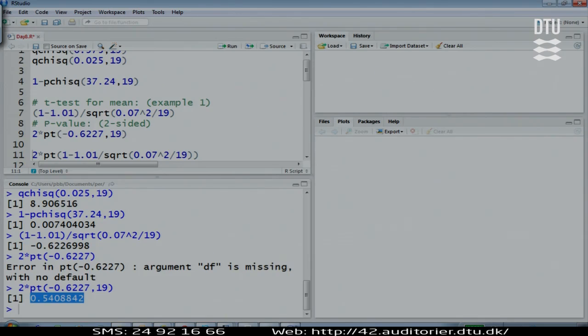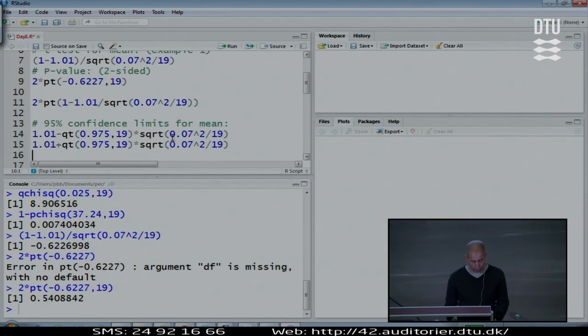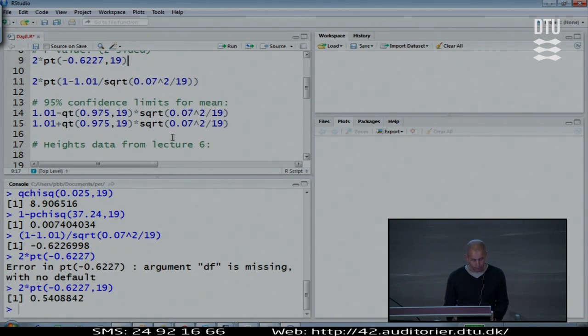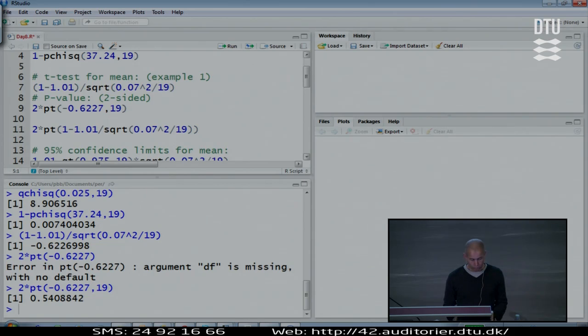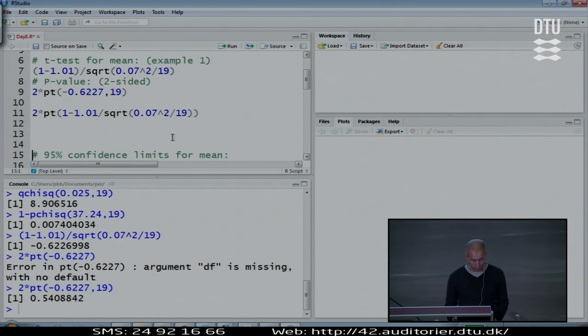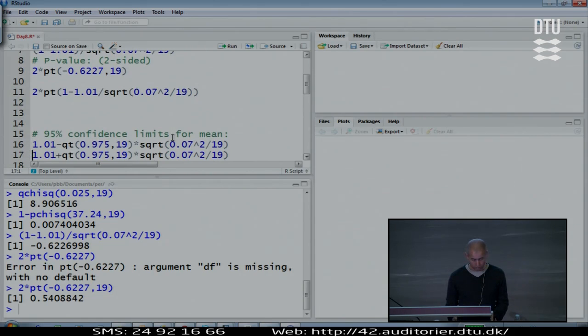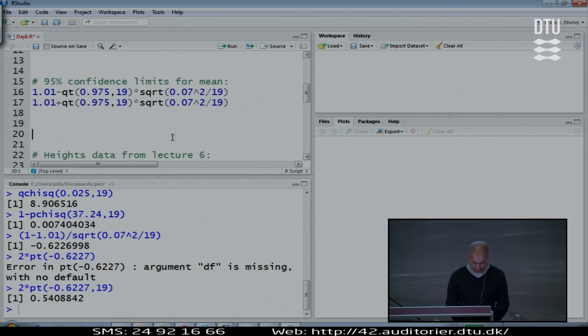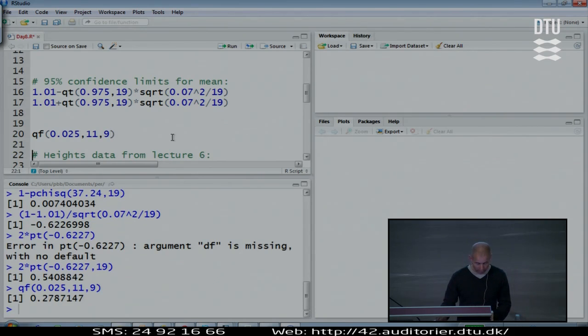Let me just finish off by jumping into R and looking a bit at some numbers and showing you. I have the qf function, I can find the 0.025 point using 11 and 9. I have to put in 2 sets of degrees of freedom,